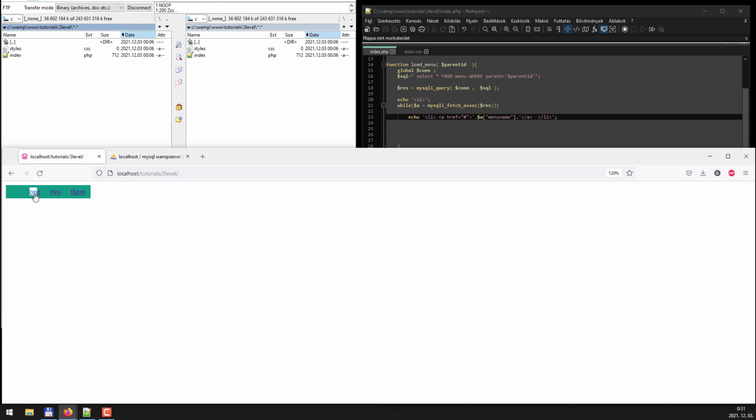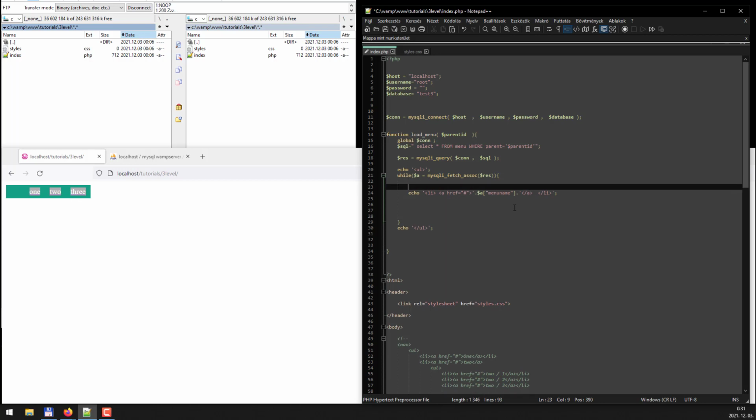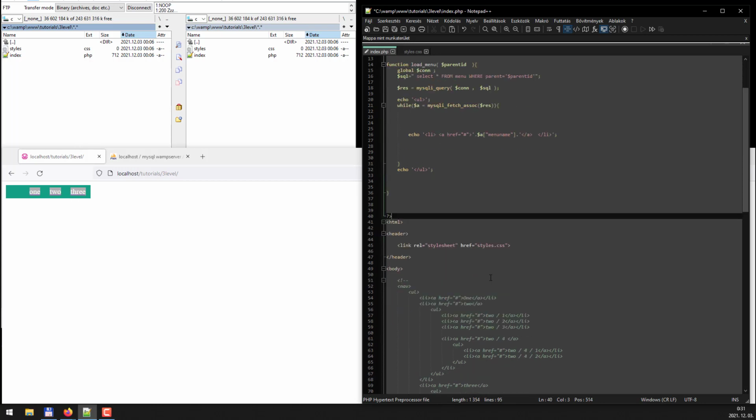But there are no other levels here, because somehow I need to embed here the second level if it has under elements. So how to get if this level has